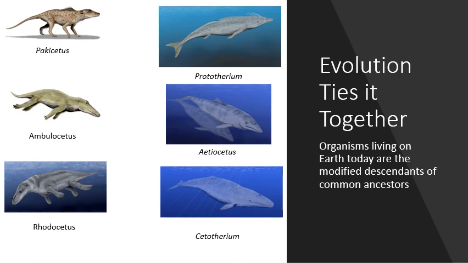You are a descendant of your parents, and you are slightly different than they are. You may be better at some things than they are. You may have, I don't know, a better immune system than them, or a worse immune system. You are slightly different. On a large scale, over millions of years, you can see change occurring in the fossil